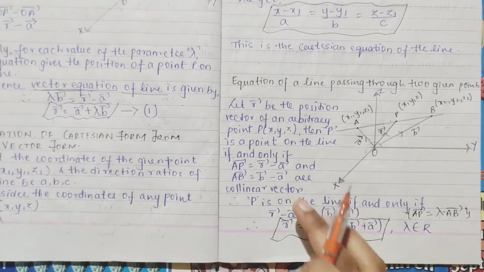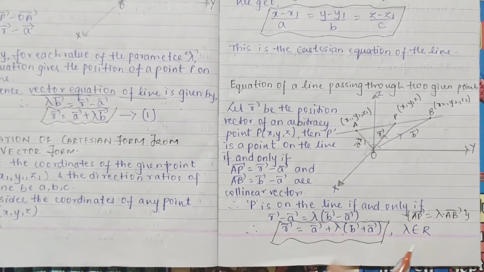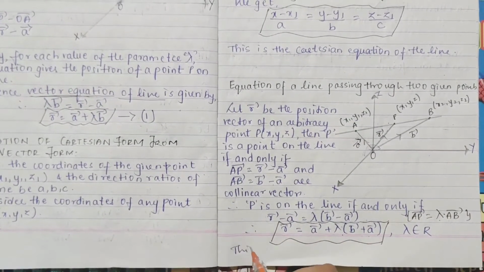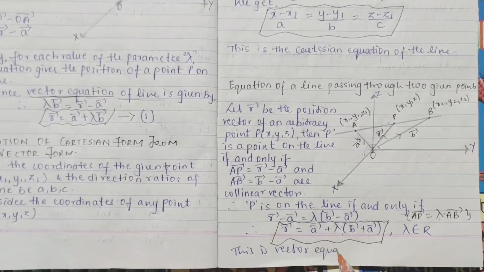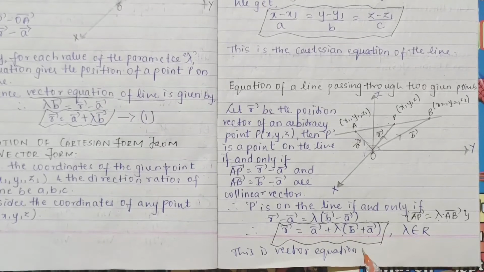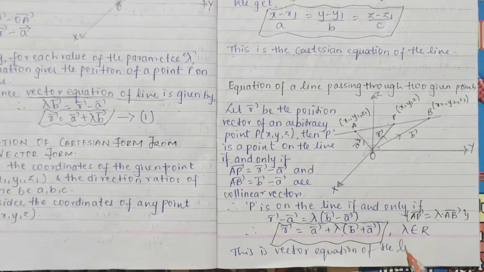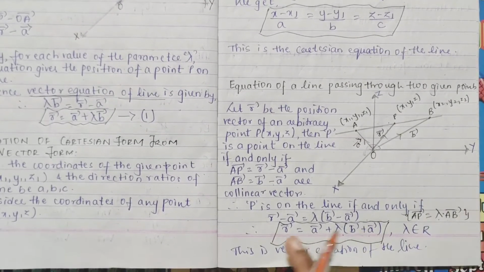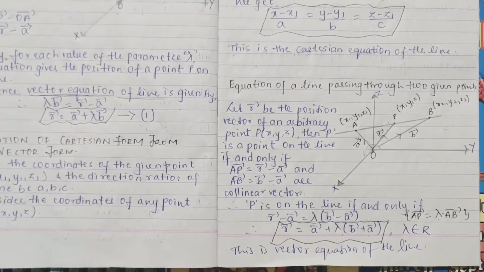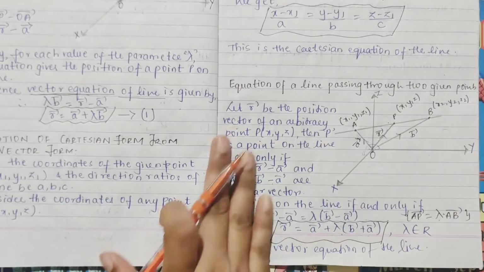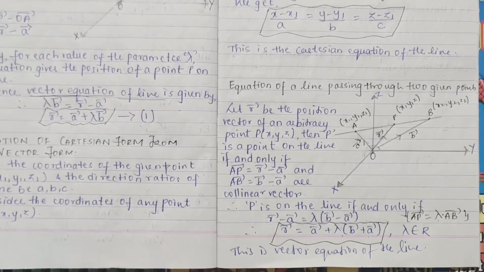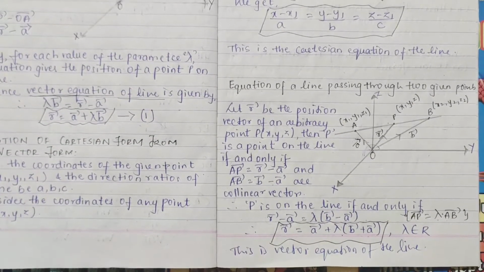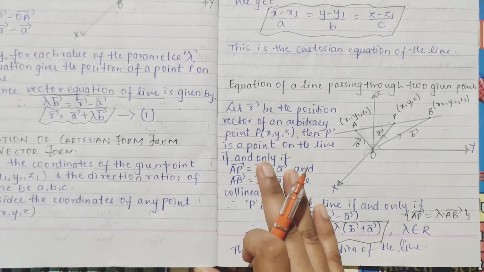Okay, because this is your vector equation, right? You can write here, this is the vector equation of the line. Just remember these formulas, it is enough, but you have to go through the derivations. This is very important, and this chapter is also very important. Pause the video to note it down.